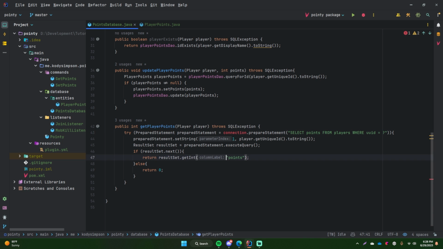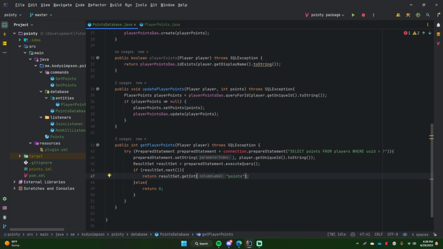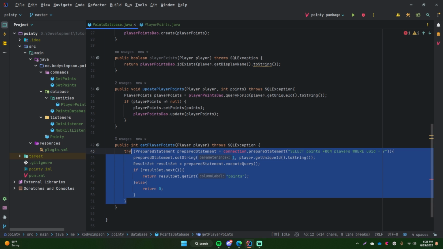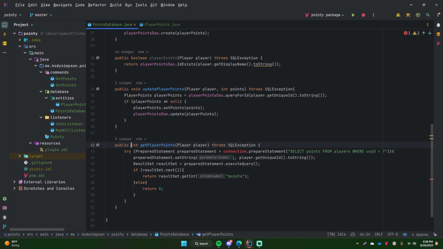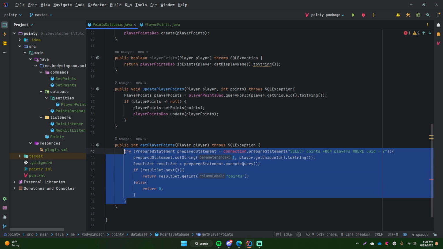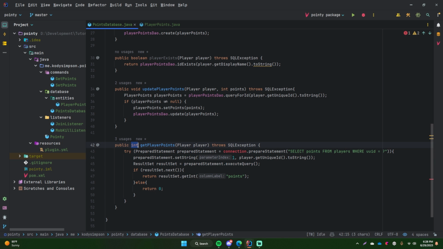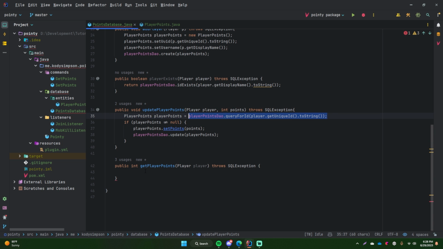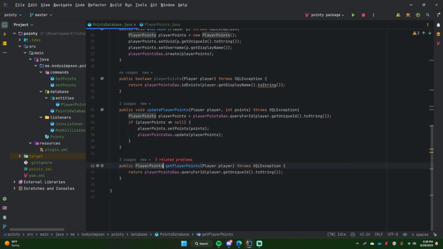And so now we have our getPlayerPoints method. This one is pretty simple in the sense that it just tries to find a player points like it does up here, and then if it finds one, it's just going to return the amount of points that was found, otherwise 0. And we're just going to make a quick modification to this. You can keep it how it is if you want to, meaning that it can return the amount of points directly, but I'm just going to change it so that it actually returns the player points object, because in some circumstances it may be useful to have the entire object rather than just the amount of points, okay? And I'm just going to copy this actually and just return this directly. So now it's way more simplified. It just simply returns the player points object. So player points is now the return type.